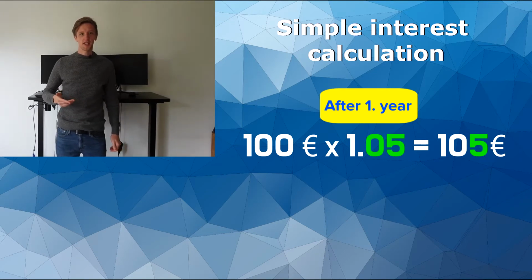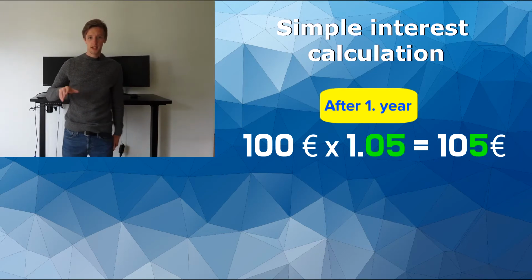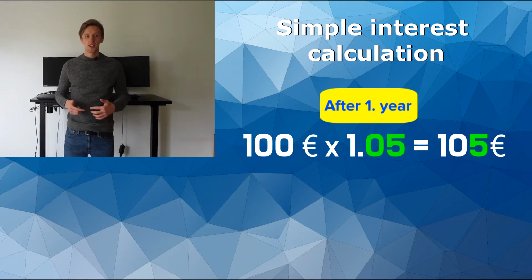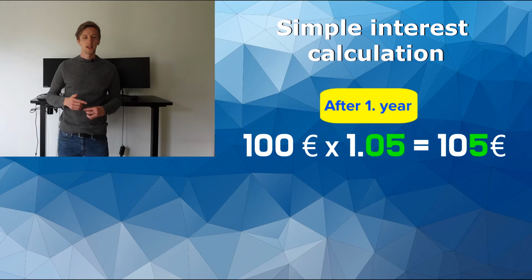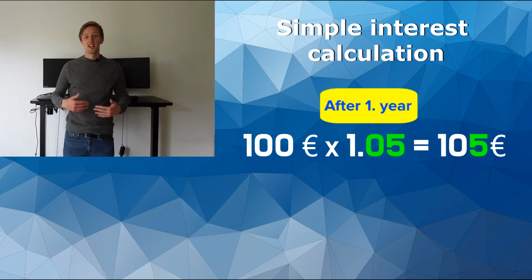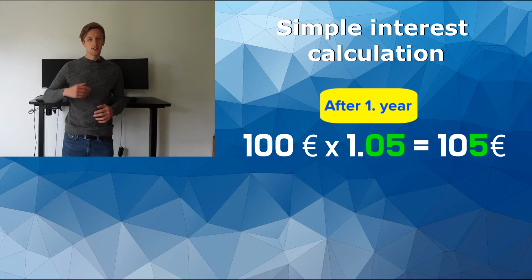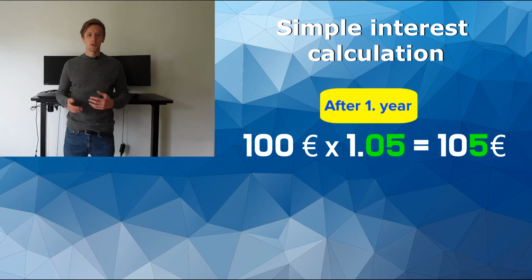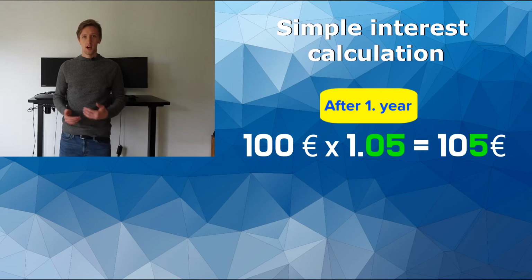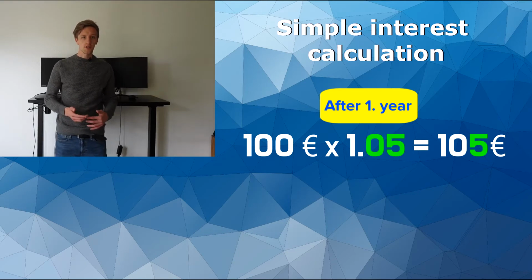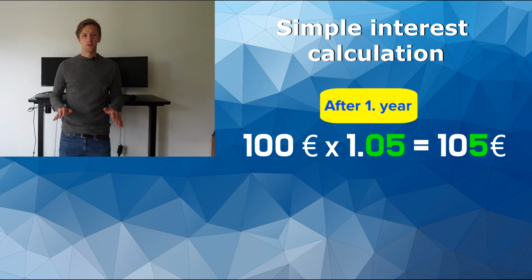Most people will take this money directly and spend it. If you invest like this every year, you'll have money only for your cinema ticket with your investment of 100 euros per year. And the money is gone. That would be a classic example of the simple interest effect, where you invest money and collect an interest each year, which you then spend directly. But the problem with simple interest, however, is that your 100 euros will never grow and will never produce more than 5 euros for you.